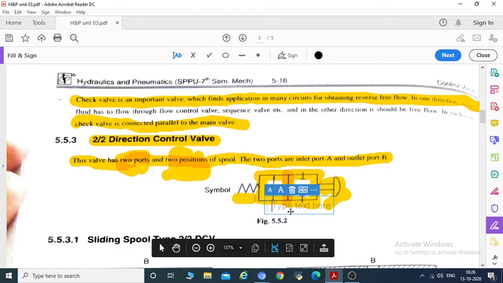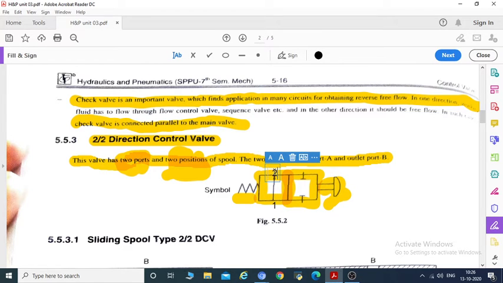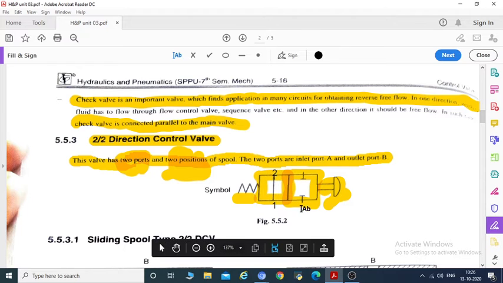This is position 1. This is port 1 or way 1. This is port 2 or way 2. Similarly, if the position is changed from this side to this side, then this is way 1 and this is way 2.